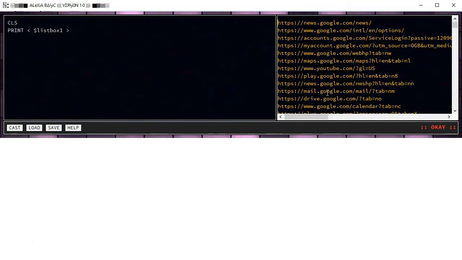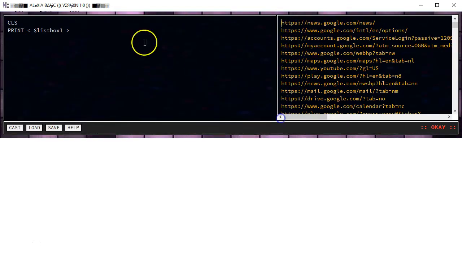It was able to collect over 2,500 links simply by turning the web view off. It really made all the difference because we didn't have to wait for all of those pages to render. Instead, the data was simply collected in the background without having to render images, JavaScript, CSS, HTML, or all of that other stuff that oftentimes can bog down the performance of a regular web browser, let alone something like Alexia BASIC. So that's how incredibly powerful the Webview off command can be, and now hopefully you have a better appreciation of just how